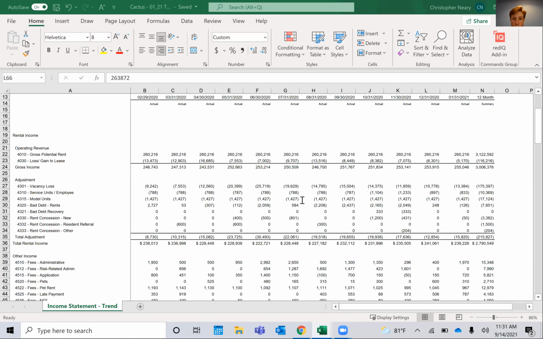Do you usually see the same format for a T12 report, or do you need to make adjustments to plug the numbers into your financial model? That's a great question. It depends on the size that you're looking at. If you're looking at large institutional properties, let's call it 200-plus units, a lot of the T12s are very similar, right? They use specific